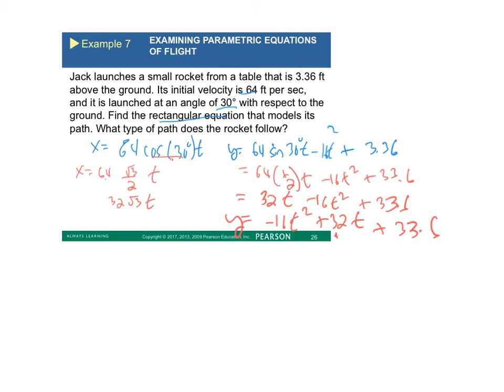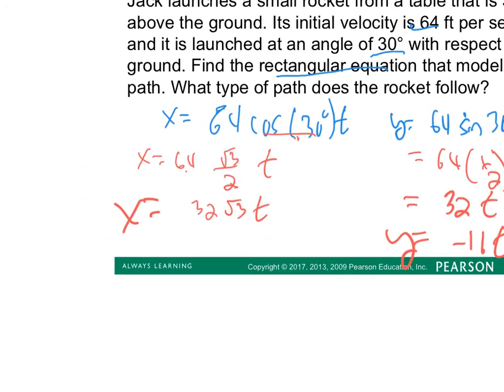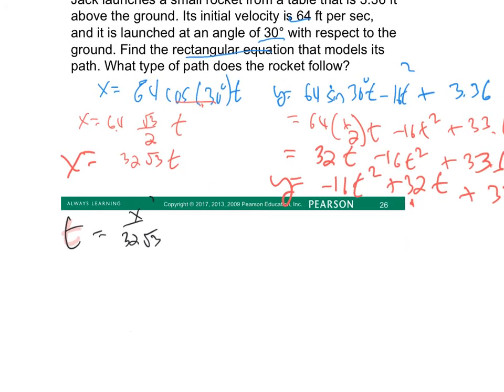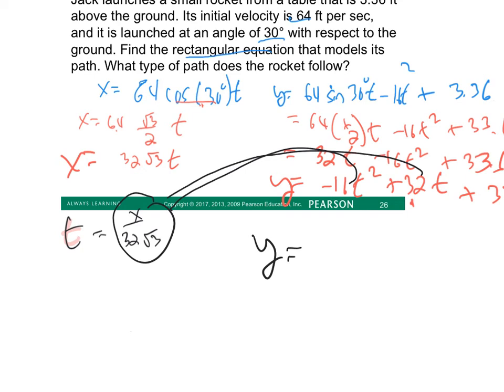All right, but this is still too parametric. How do I get rid of the t? Take the simplest equation. I vote for solve this one for t. t is equal to x divided by 32 square roots of 3. You take this t parameter, you're eliminating the parameter, and I'm plugging it into this t, and I'm plugging it into this t. So my equation for y with only x's will be negative 16